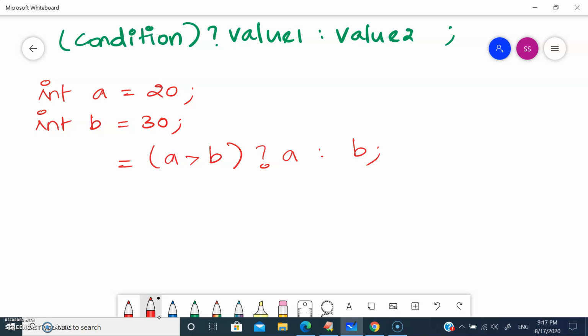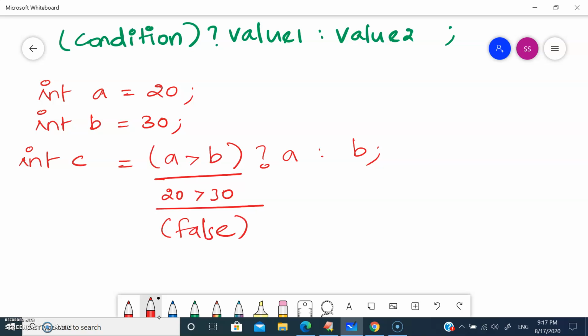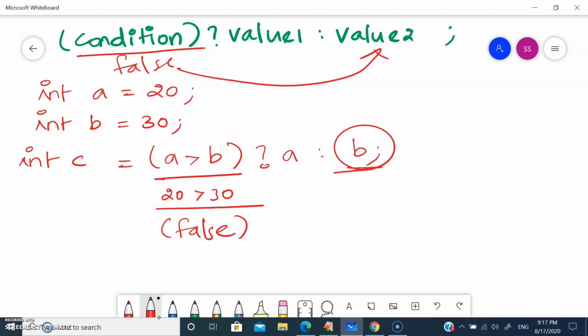Either way, it returns the a value or the b value, so we store it in c. What is a's value? Is 20 greater than 30? No. If your condition is false, then it goes for value 2. So what is the value of b? c is going to carry the value 30.